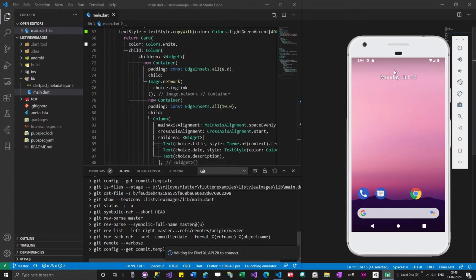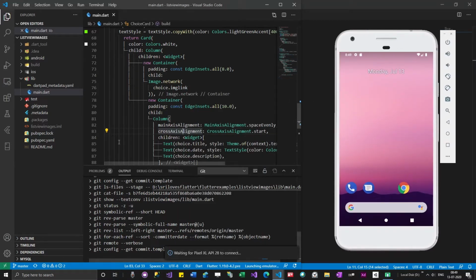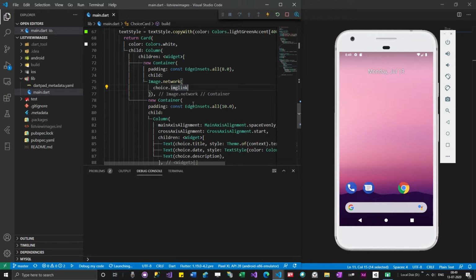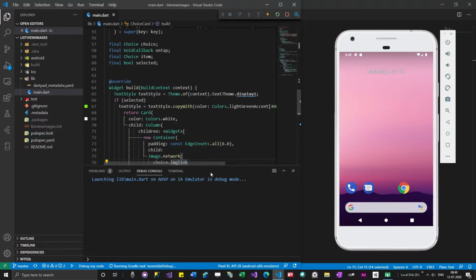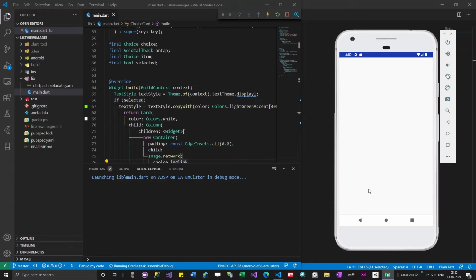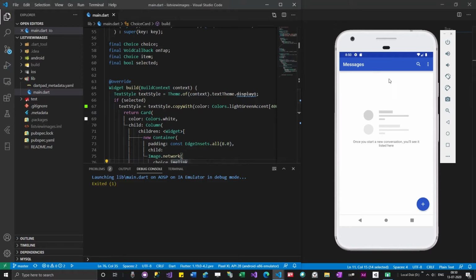I'm opening the emulator. I have opened it and I'm going to run it with Control F5. Let's not load this one, let's go with this example.